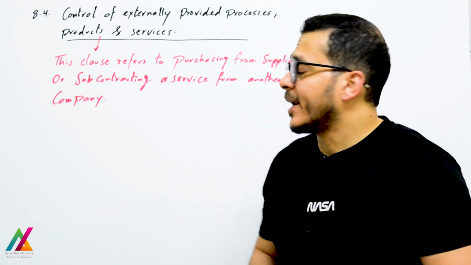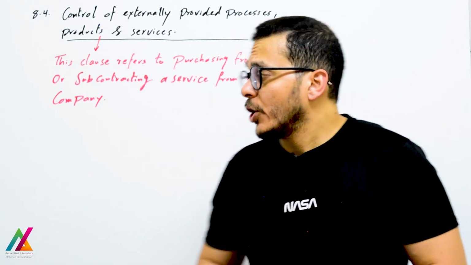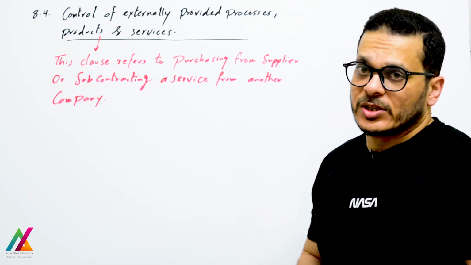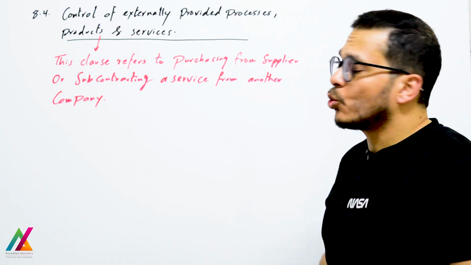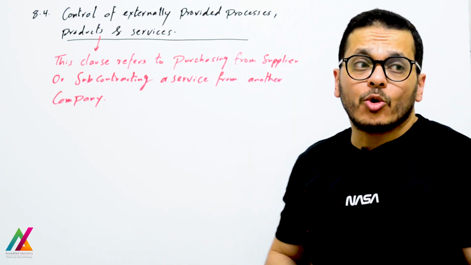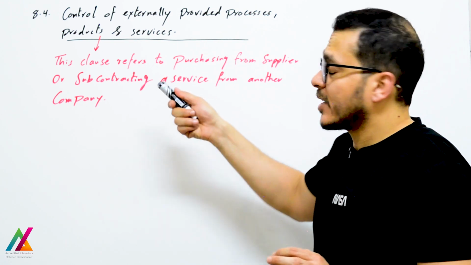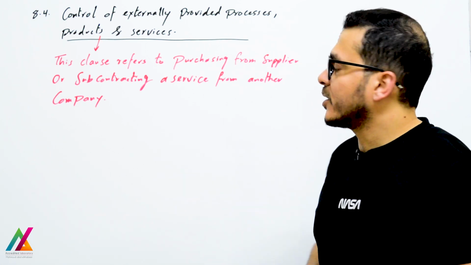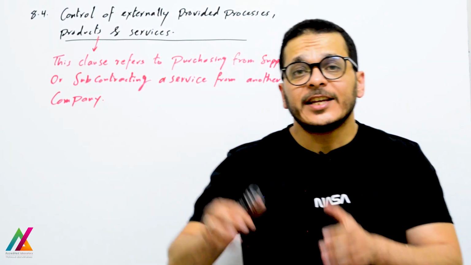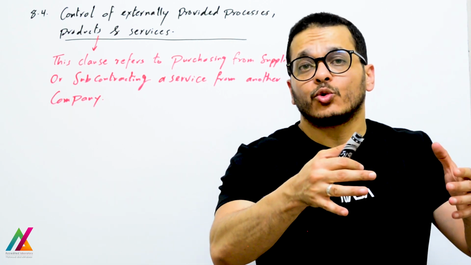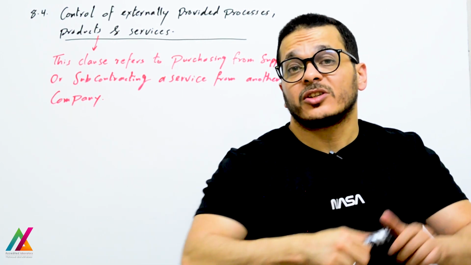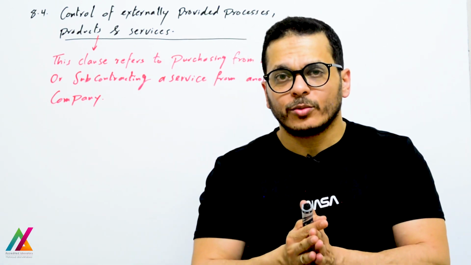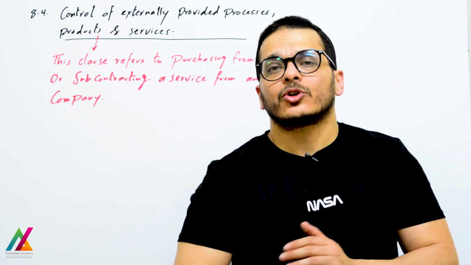And today's lecture will be around subclause 8.4, control of externally provided processes, products and services. This clause refers to purchasing from a supplier or subcontracting a service. You need help, you need a service from another company. If you need to purchase any resources required for the organization to produce a specific product or to deliver a service, this purchasing process shall be controlled by your organization